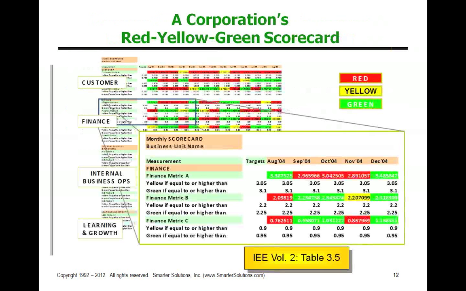Now this is an actual red, yellow, green scorecard. As you noted, a vast majority of you people that are listening in here actually use and are familiar with this type of reporting. Now, it sounds real attractive in that a manager can look at the last column of numbers and look at the color, because that represents the most recent time period, and then start taking action. If a color is red, let's get somebody working on the issue because we're not meeting our goals. If it's green, let's bring out the champagne.